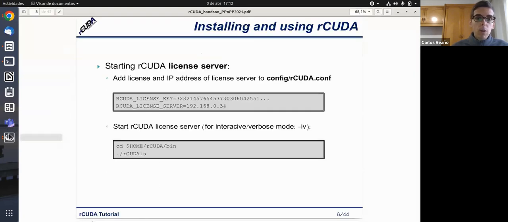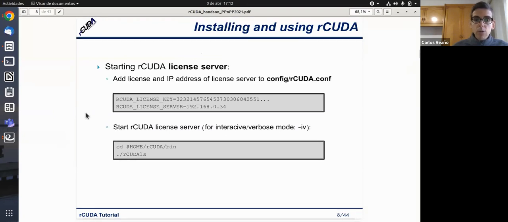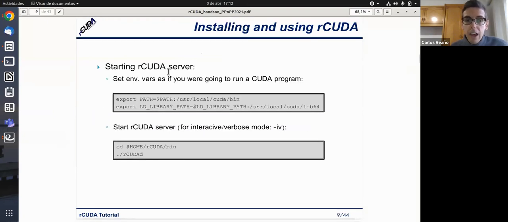Okay, so once we have the license server up and running, we need to run the actual Arcuda server. We need to run it on a node in which we have a physical GPU installed. This Arcuda server is going to be run as if it was a CUDA program.